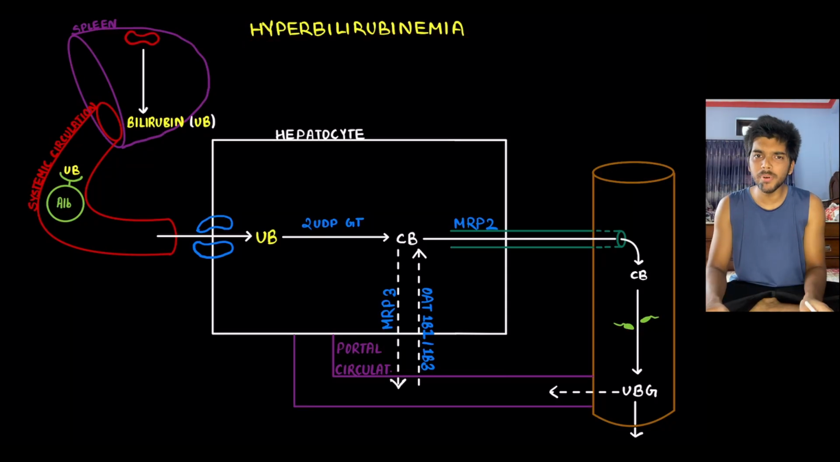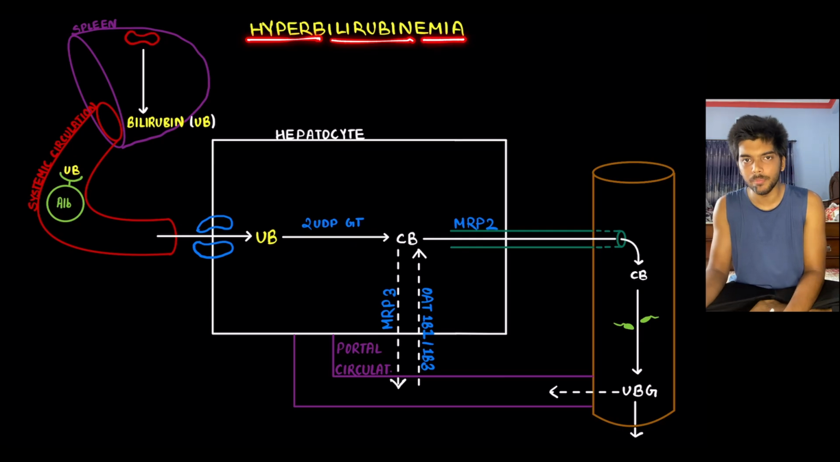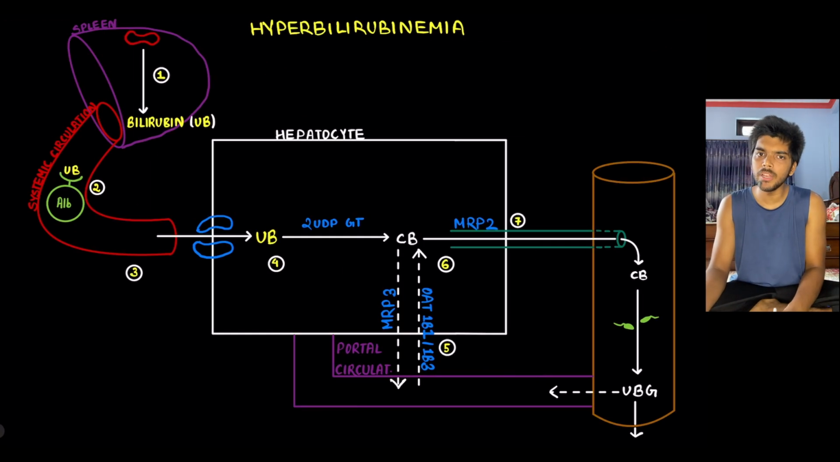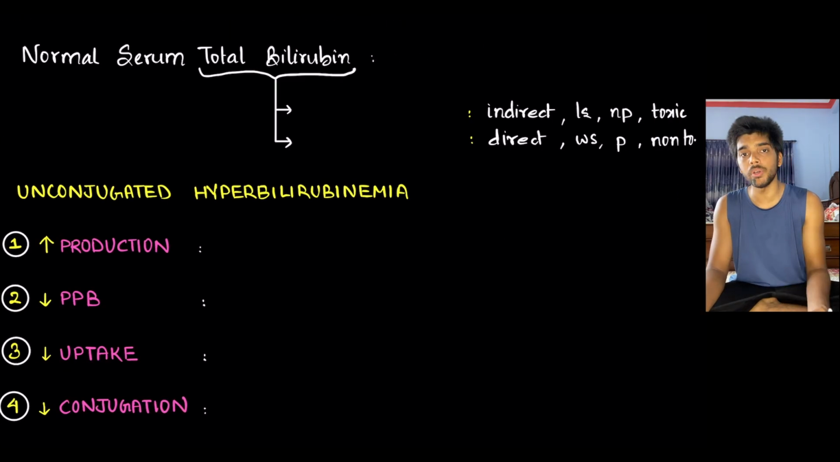Hyperbilirubinemia. Really a big topic, literally, considering most of the defects are congenital. See, hyper means excess, bilirubin is bilirubin, and emia is blood. So the presence of excess bilirubin in blood is hyperbilirubinemia, which begs the question, what is the normal level of